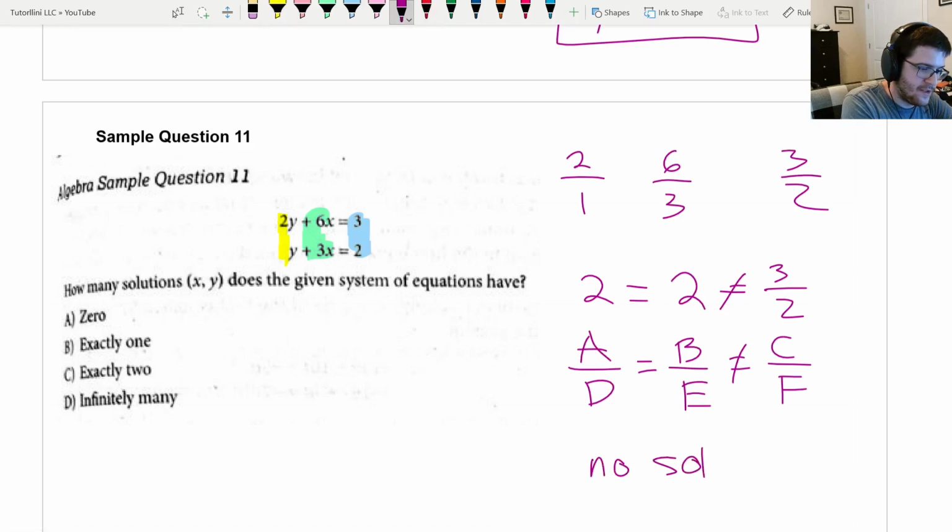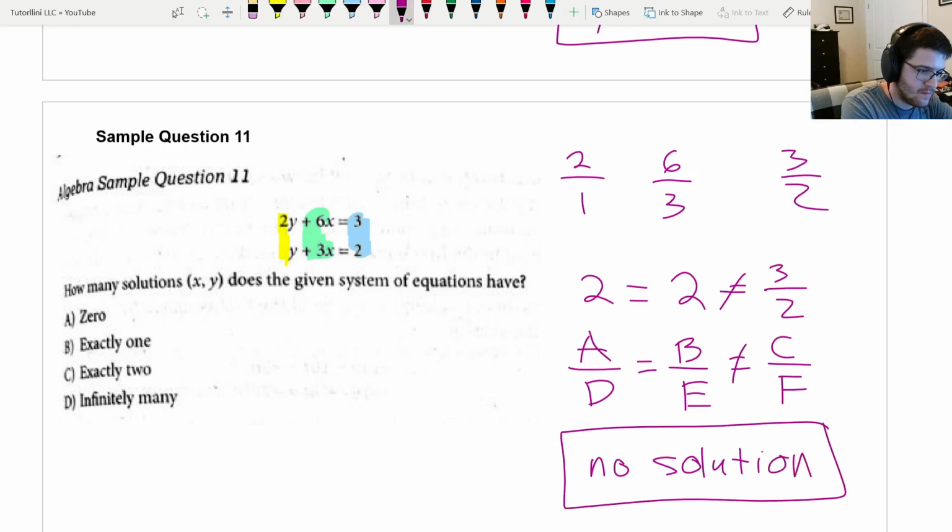I go over all this in the video, kind of glossing over it. So there are 0 solutions, which is answer choice A. And let's see, 11 is A. Good. Okay, so also,